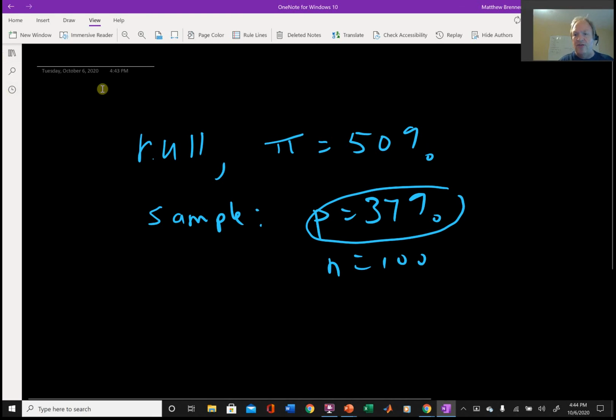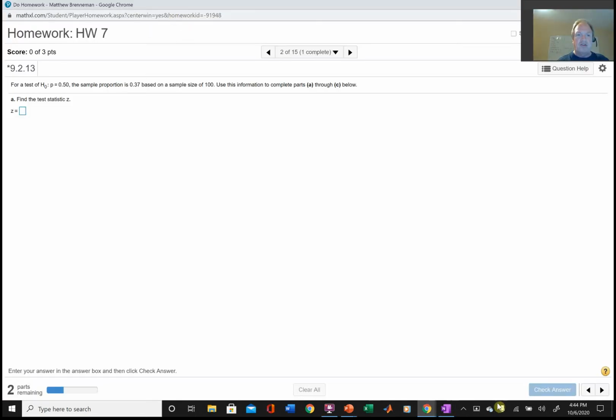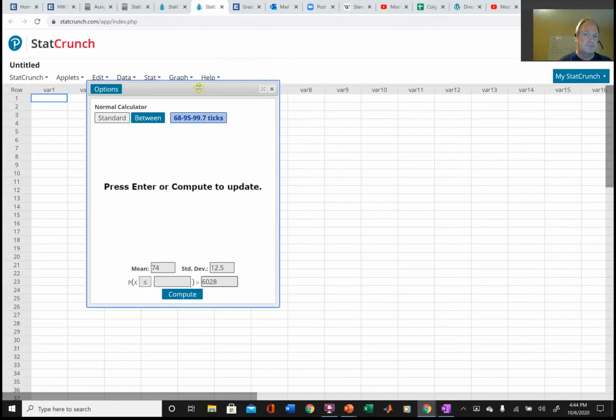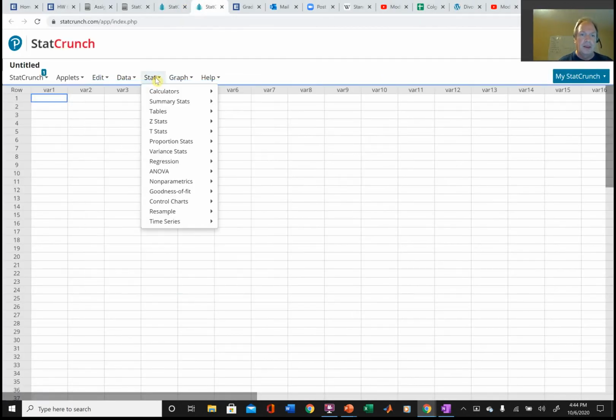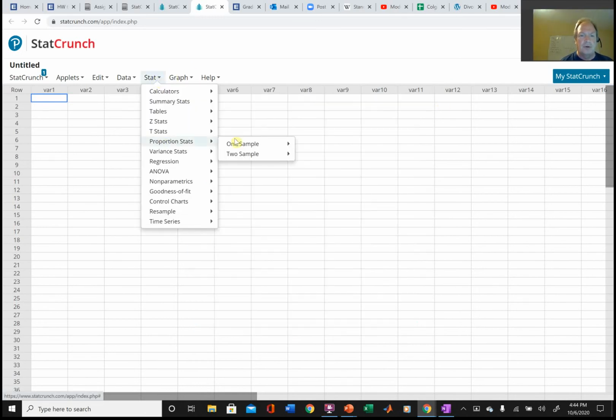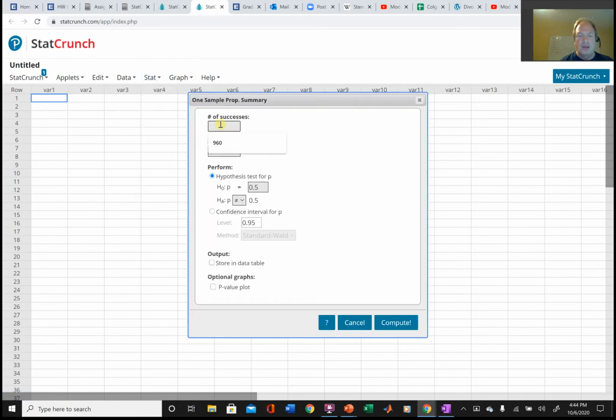So we can do this in StatCrunch. You can do this by hand, but you can also do this in StatCrunch. So the way that we do it in StatCrunch is we run the hypothesis test. So I'm going to go here and Stat. I'm doing Z-stats, hold on, sorry, I'm doing proportion stats, one sample with summary. Okay? So the number of successes,